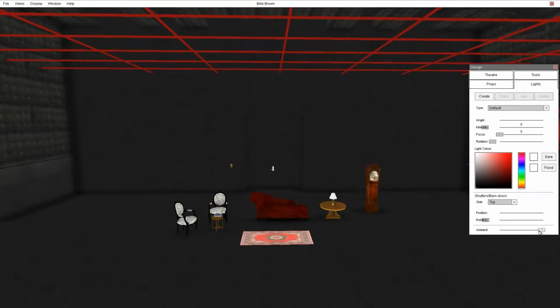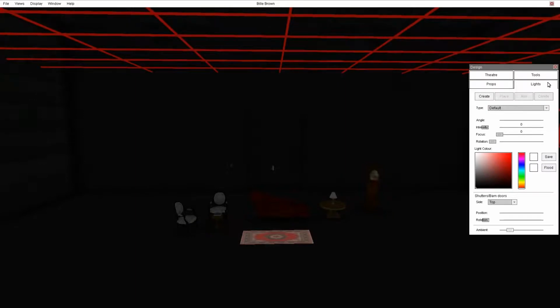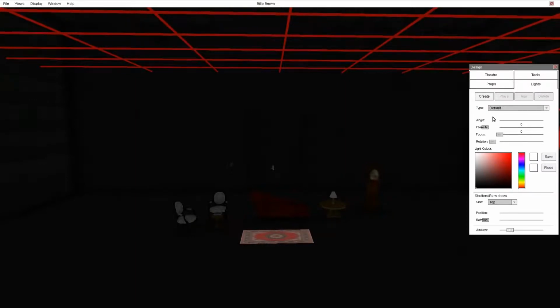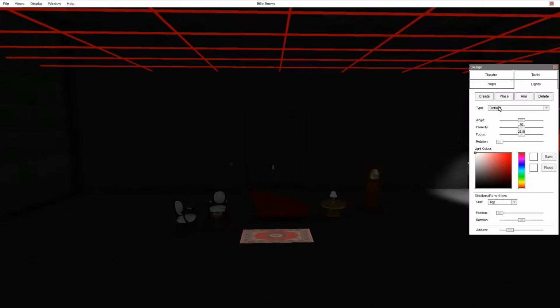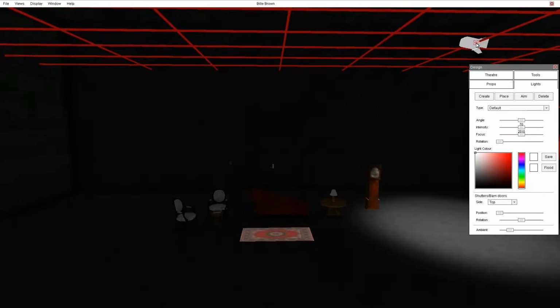And what I'm going to do is bring the ambient light down fairly dim, and you have to now be in the lights prop. So the first thing I'm going to do is click create. So I've created a light and it just goes to a default light which is very generic and you can do a lot with it. So the first thing I'm going to do is place my first light up here on